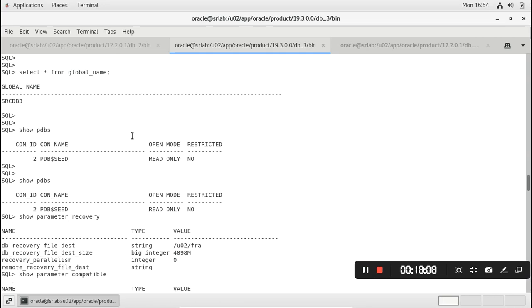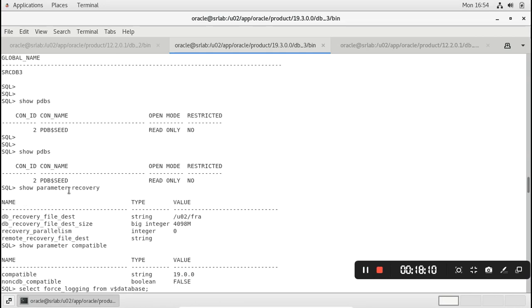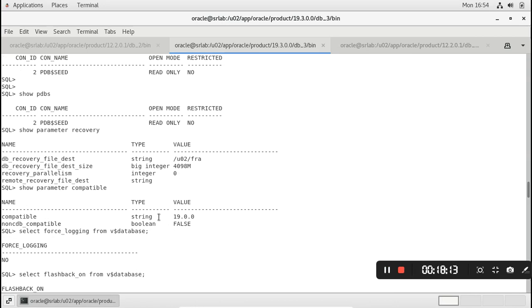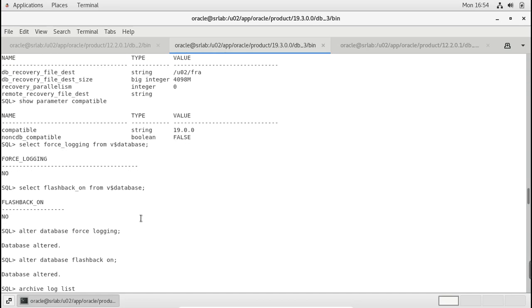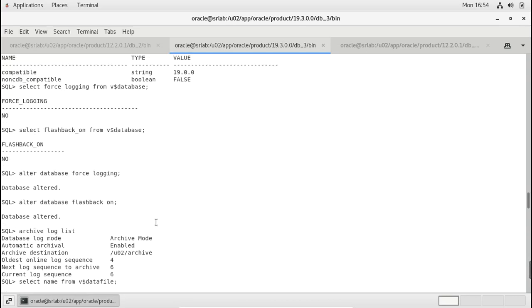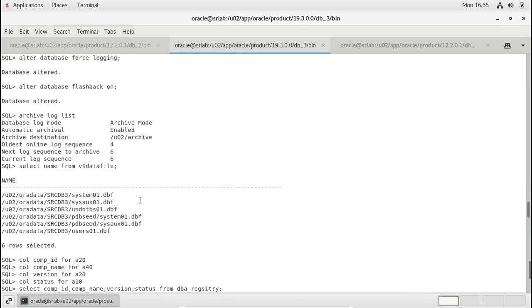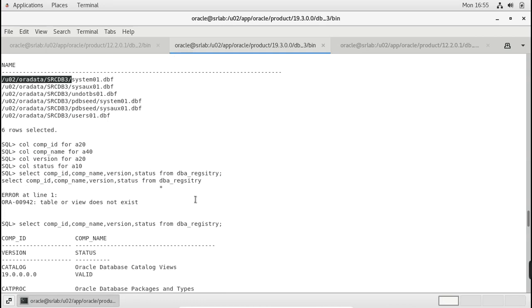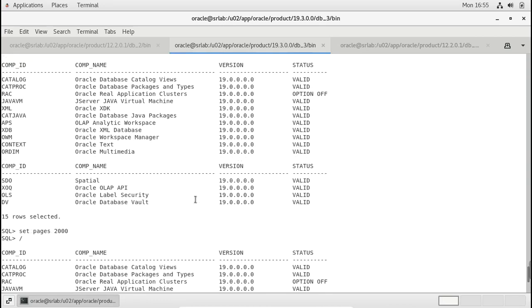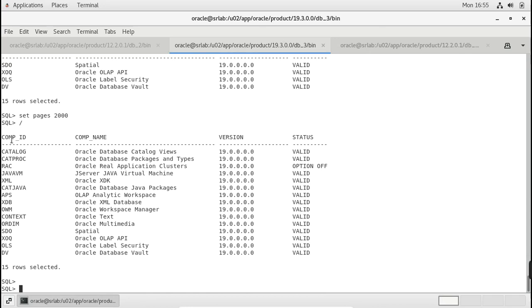After connecting to the DB, these are the things I have checked here: the FRA location, how much space is allocated, what the compatible parameters are, and also whether force logging is enabled or not, and whether flashback is enabled or not. I have enabled flashback and force logging, and then I have checked the data file location, and what components it has.